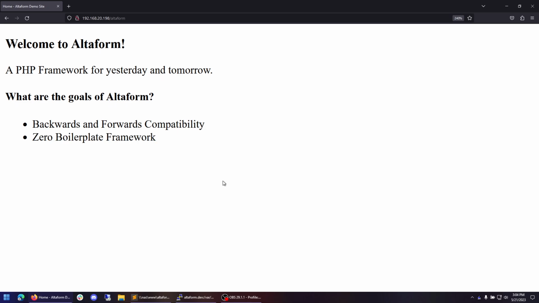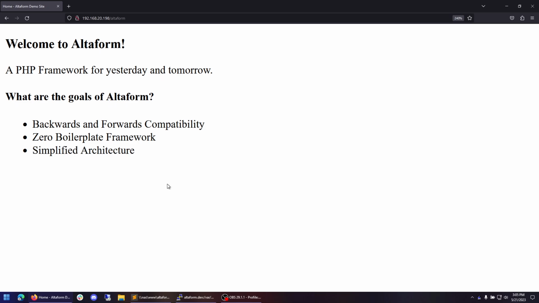As you're about to see, Altaform is a zero boilerplate framework. This is one of the core ideals of the Altaform framework. Think about the amount of time you have to define a class, or define a model in an ORM, or define a route within a URL router. With Altaform, you don't have to do any of these things. You focus all of your time on writing business logic, never having to worry about fighting with the framework itself.